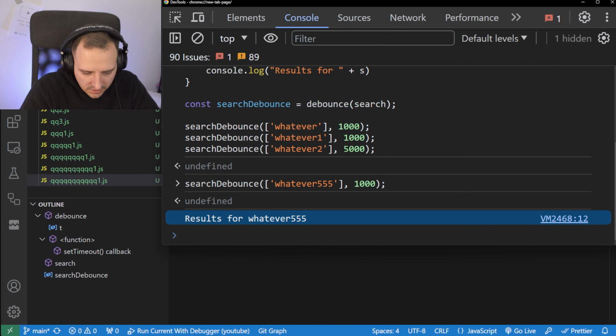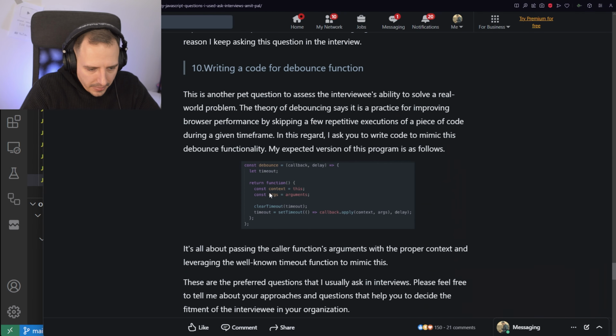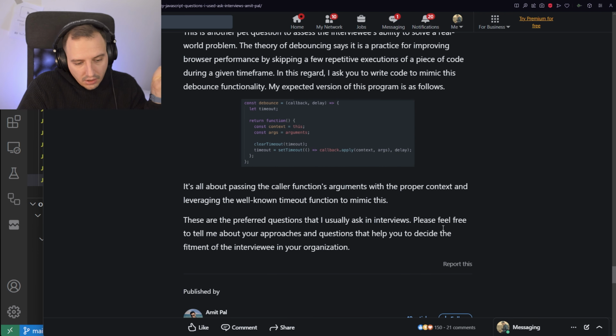And let me just see how close did I get to his level. Okay, here we have it's a little bit more complicated, because he applies the context. So you should consider that as well. That's okay. I can agree with that. And you don't need to pass the arguments as an array, yeah, that's a neat solution, right? I like it.